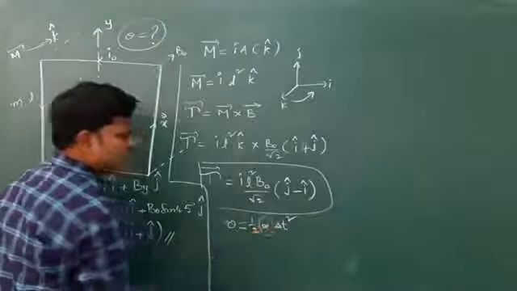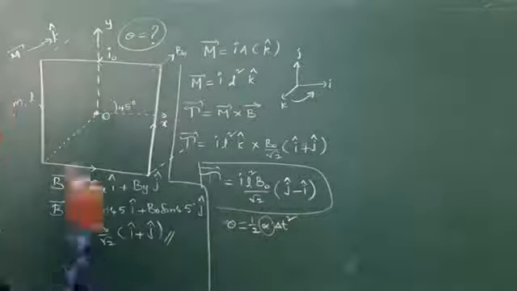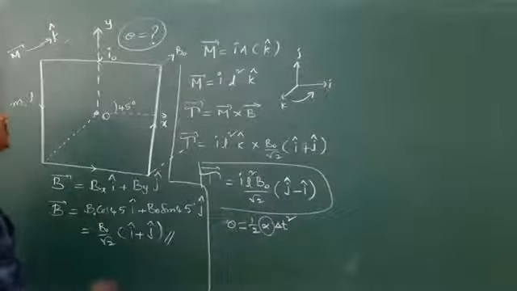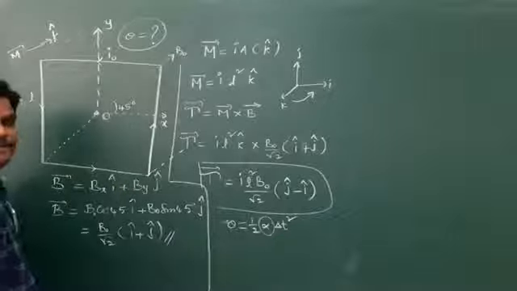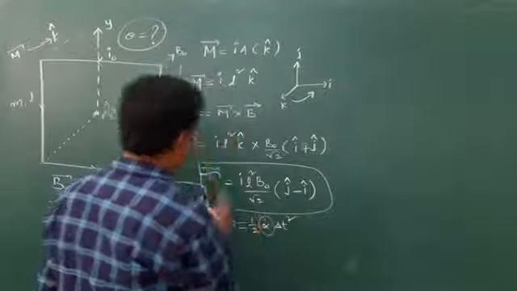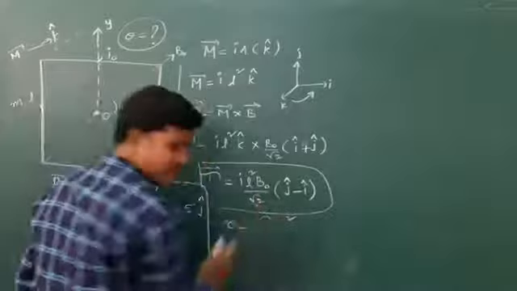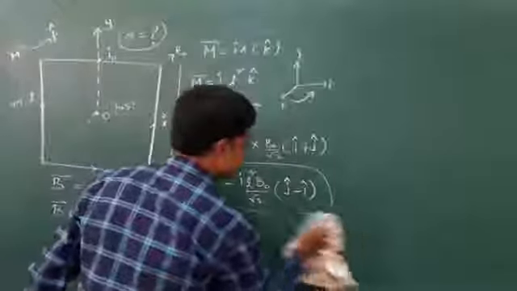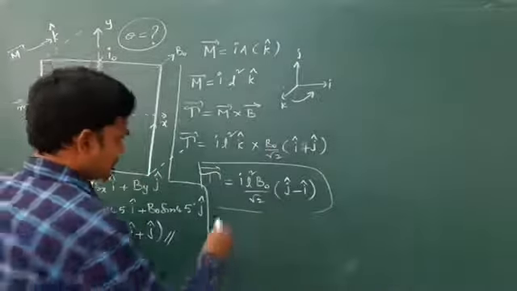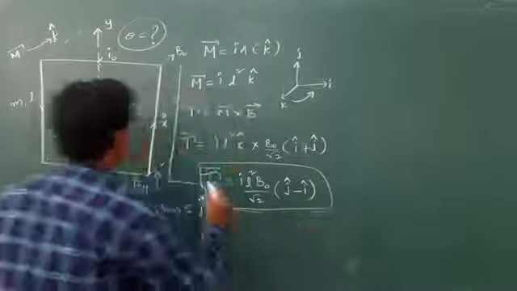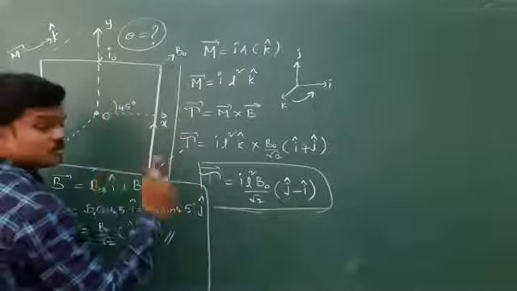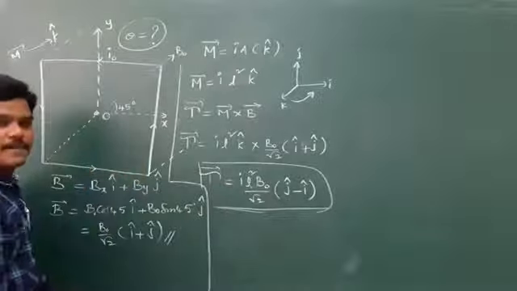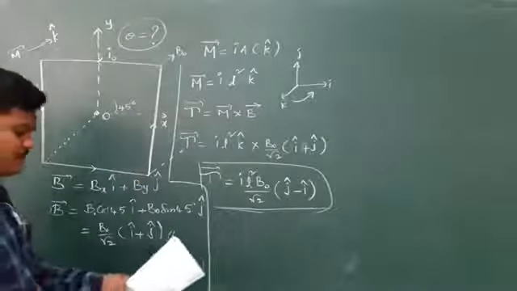But we don't know the alpha value. Delta t we keep as it is. To get alpha, let me use torque about O. So the target is to find theta. To find the alpha value, let me find the moment of inertia, because we know tau is equal to I alpha. Tau we got already.